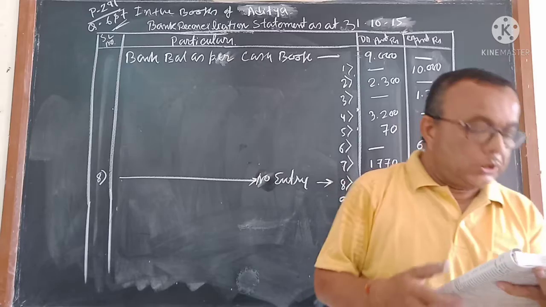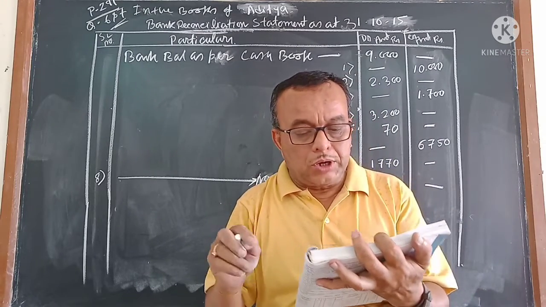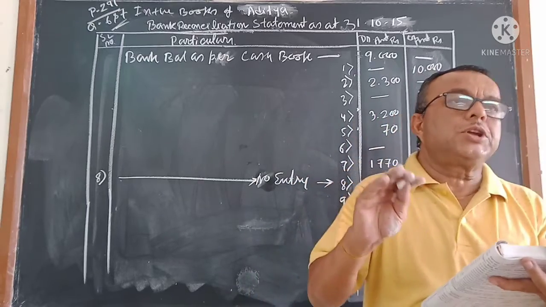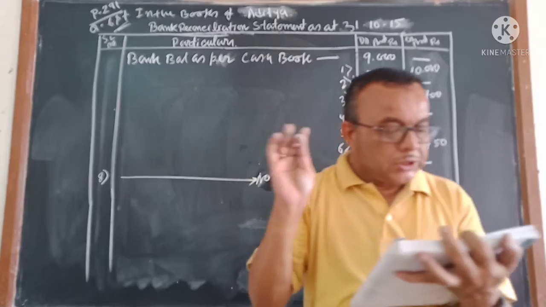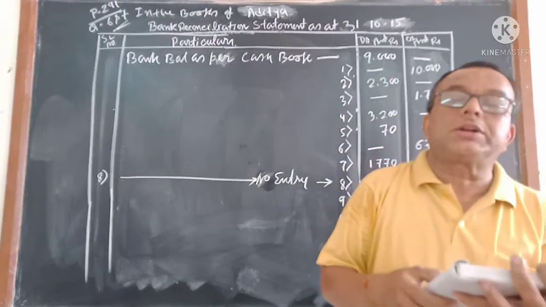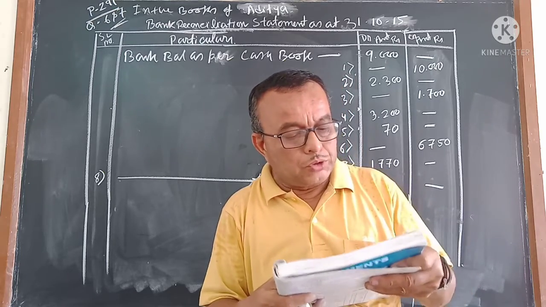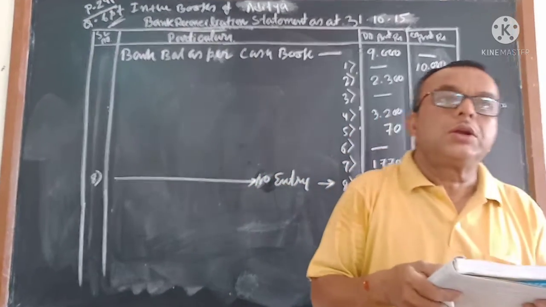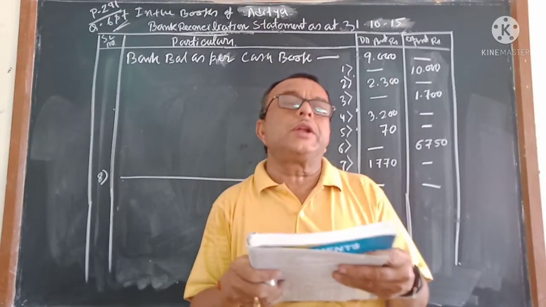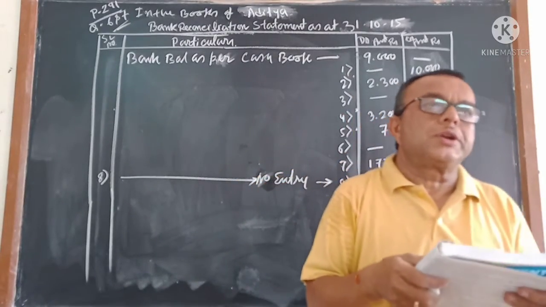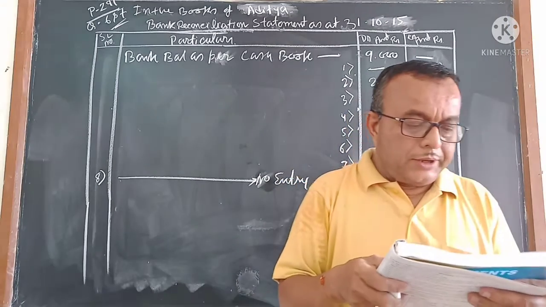Now check out, rupees 1320 was deposited in the bank, but it is not recorded in the cash book. I deposited, but I had forgotten to write in the cash book, means it was not recorded in the cash book. This check is not collected by the bank on 31st October. Bank didn't record it, so it was not recorded in both the books. So it will not create any problem for difference amount. Or if it is recorded in both the books, that also will not create any problem in both the books.